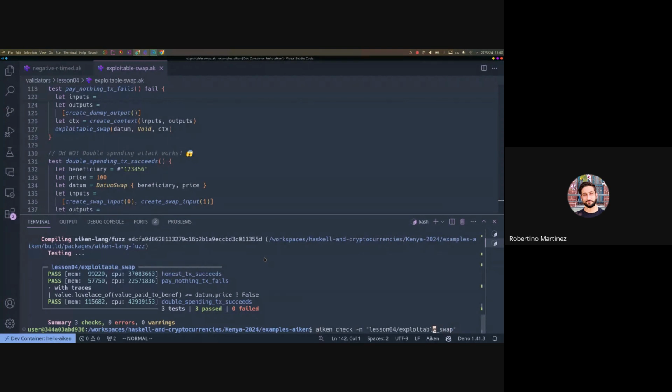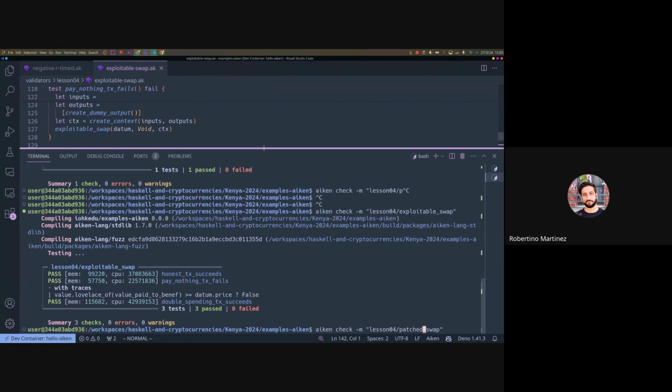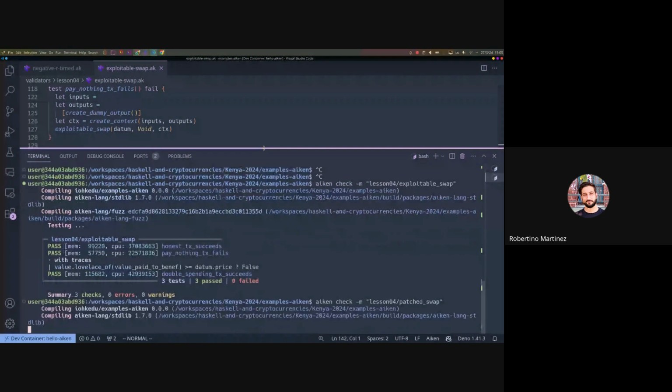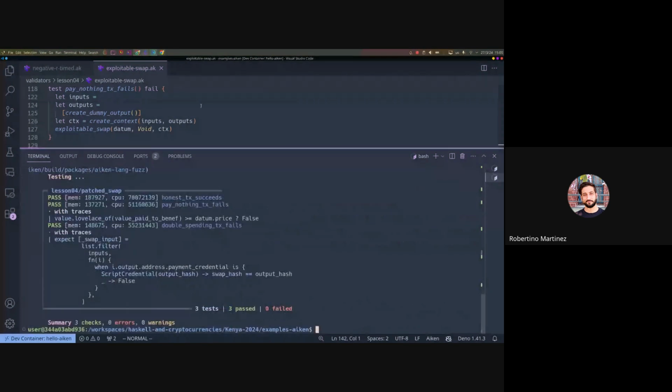And then we have the patch swap, which has the solution to avoid this double spending attack. And if we run the same tests that I'm not going to show because you have to implement that yourself, if you run the same test for the patch swap, we see that